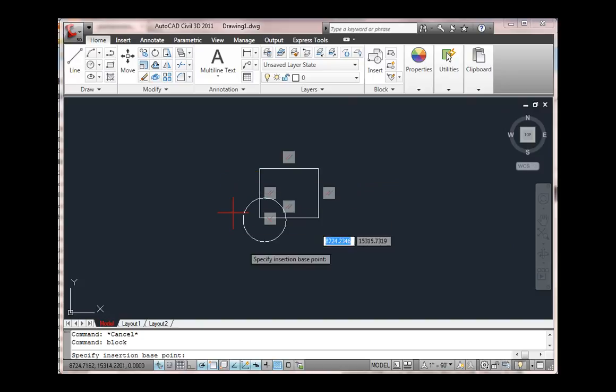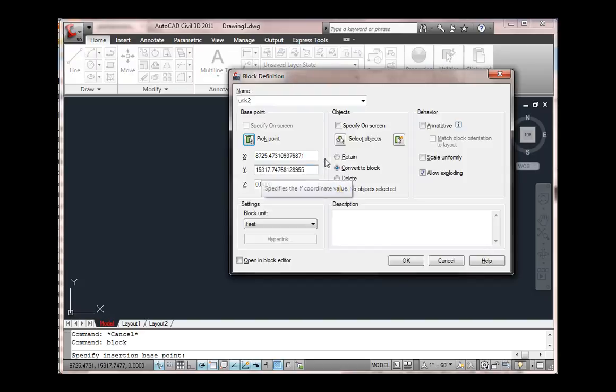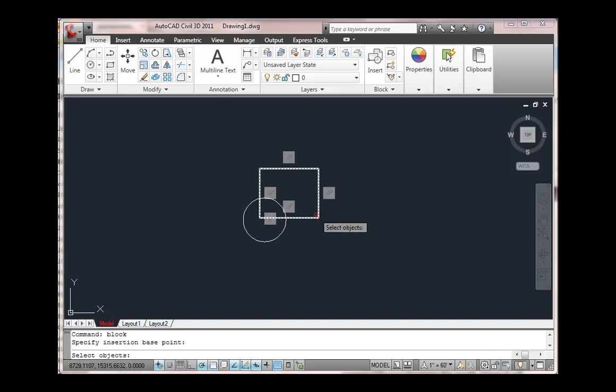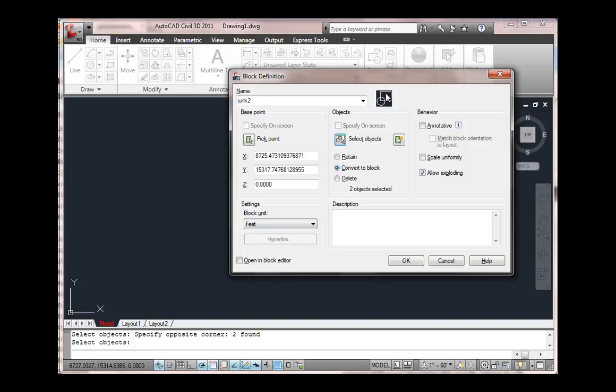Now typically when you create a block, you would pick a point that makes some sense for insertion. So you could put it just about anywhere you like. So just for the heck of it, I'll put it there. And then what I have to do is select those things that I want to be part of my block. So I would select the 2 parts here, and now you'll see that I get junk2 as a name, and it comes with a circle and a rectangle. And once I've done that, I can say OK,